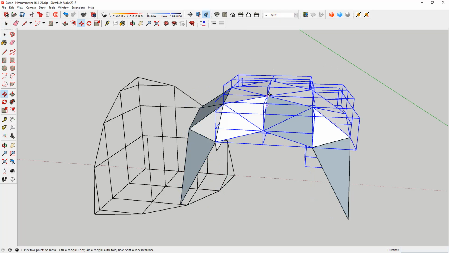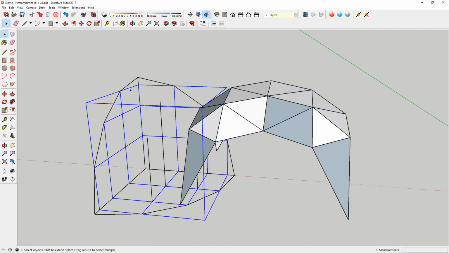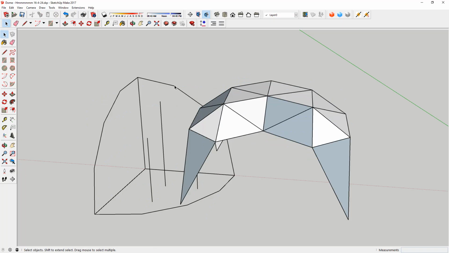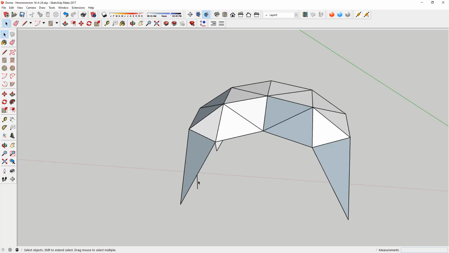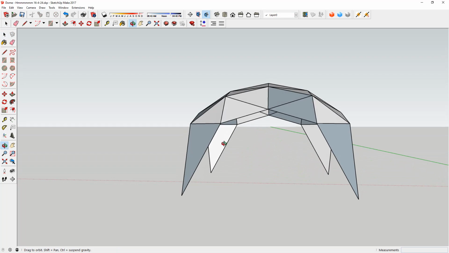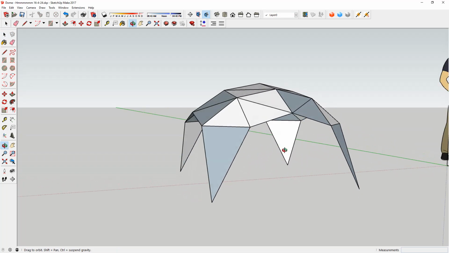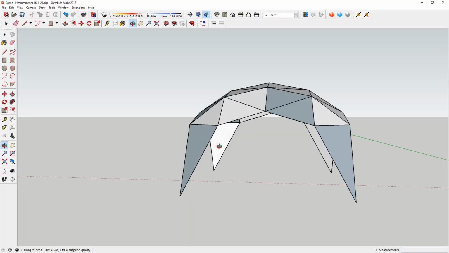Just move it a bit more. Hide that. Sometimes it's easier doing it in a different manner. But here we have the dome as a result, and you can see how leggy it is.